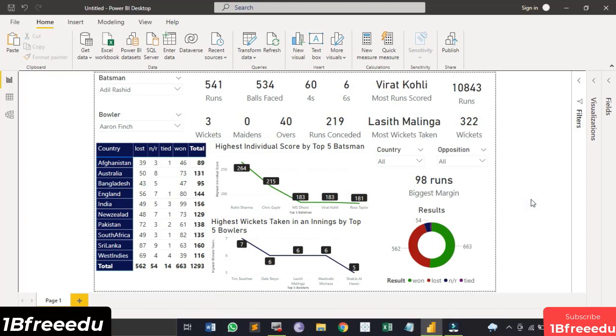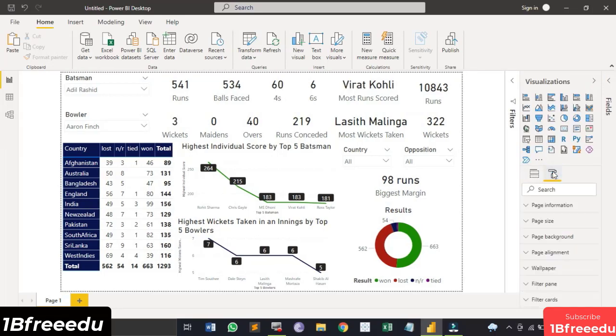Now what all changes you can do is, you can add a background color for your page or some kind of an image on the background just to make it much more presentable, but that's just a personal choice. In case you're wondering how to do that, you can go to the visualizations pane again, go to the format tab.